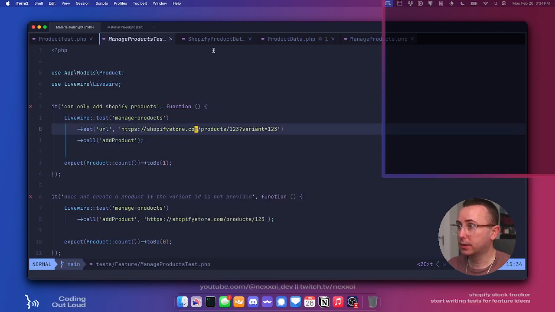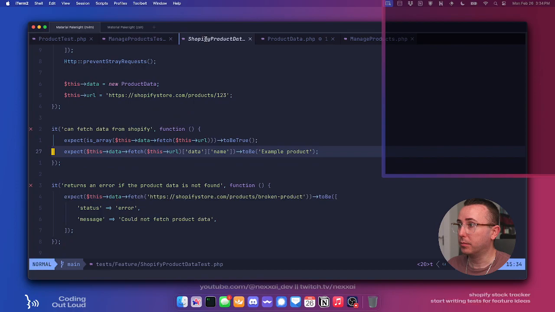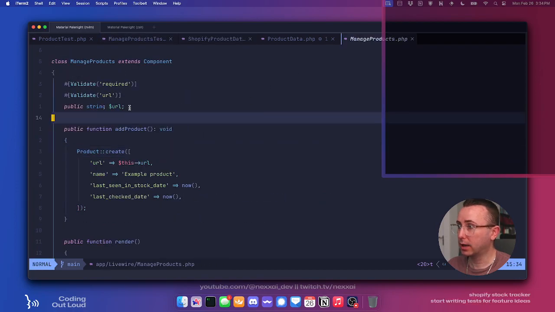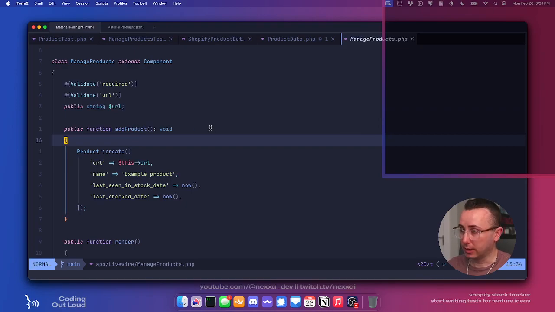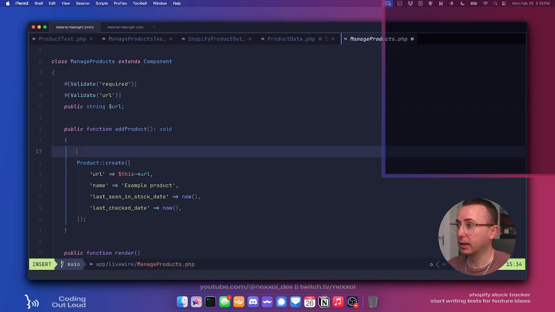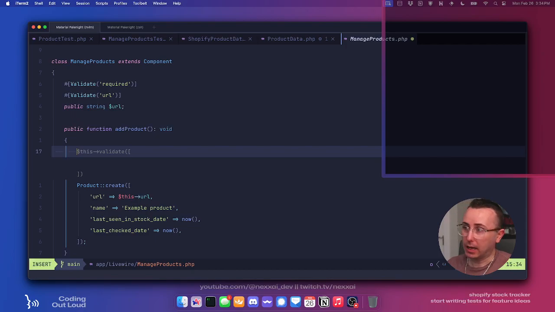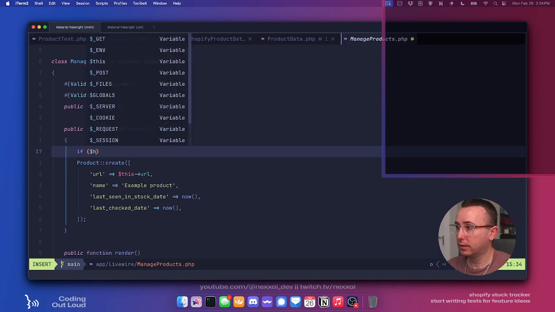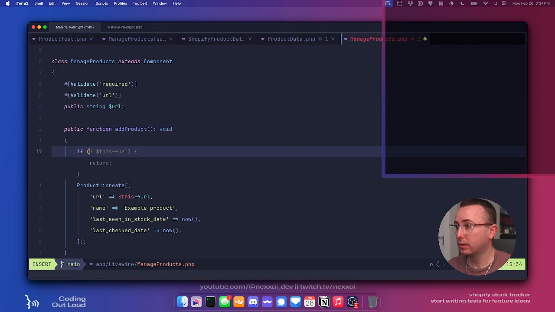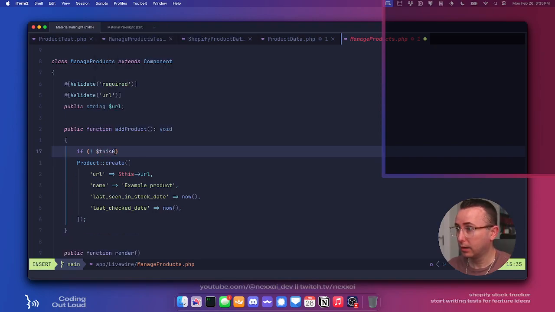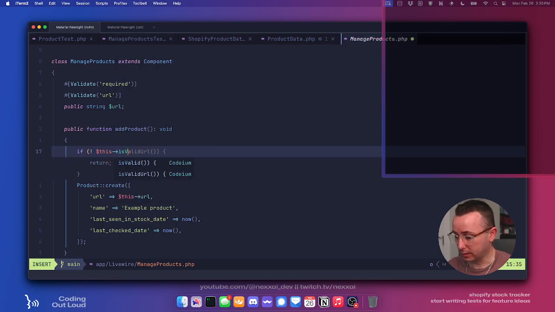Okay, so that still works. However, now that it's extracted to this public property, we can start doing our check. So when they click the add product button, for example, what we want to do is say, if not this is variant URL,